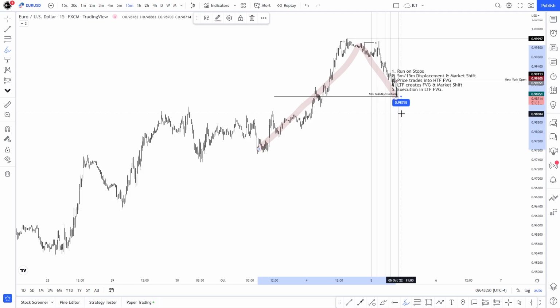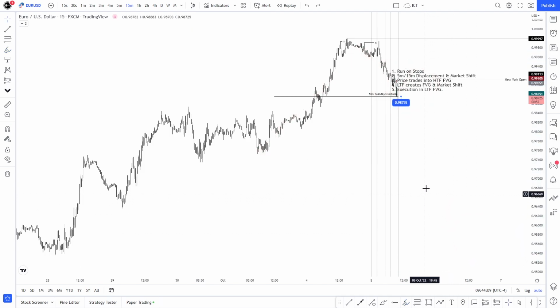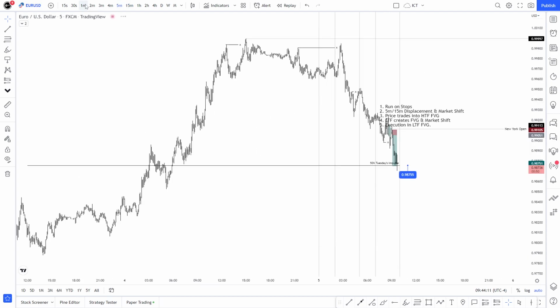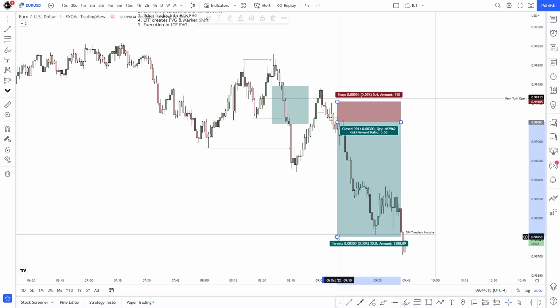So expecting price to retrace, we were able to catch an opportunity, but that doesn't necessarily mean that the trade will just break this low, right? It could retrace just to the 50 to then continue higher, it could retrace to the 50 to then retrace and then continue lower. There are multiple things that could happen around the 50. In my opinion, it was a really good target to choose, really good target to go for, and that is what ends up being mitigated, as you can see.